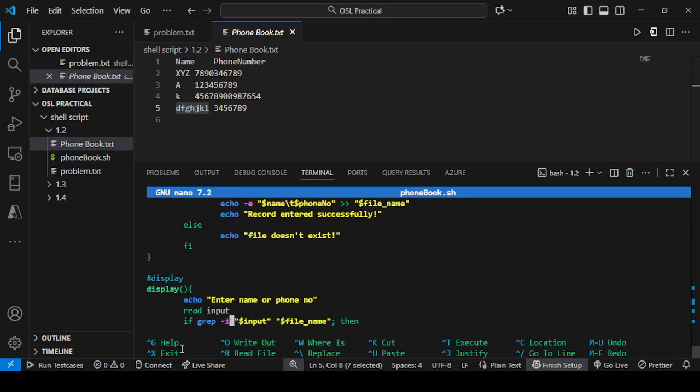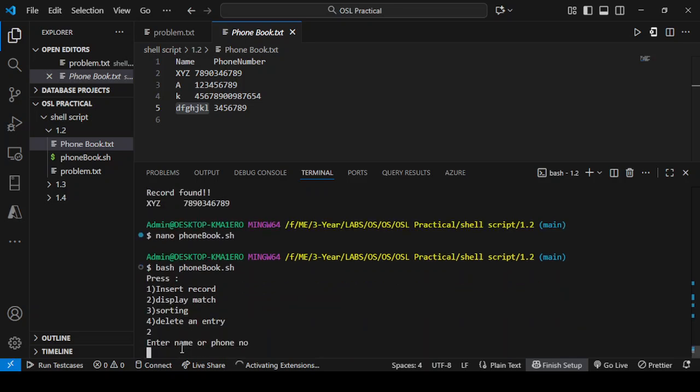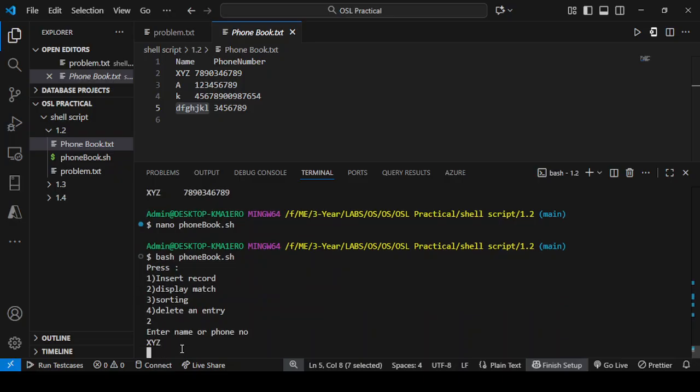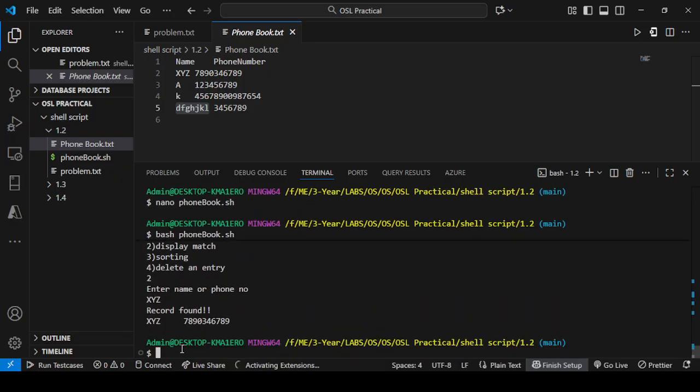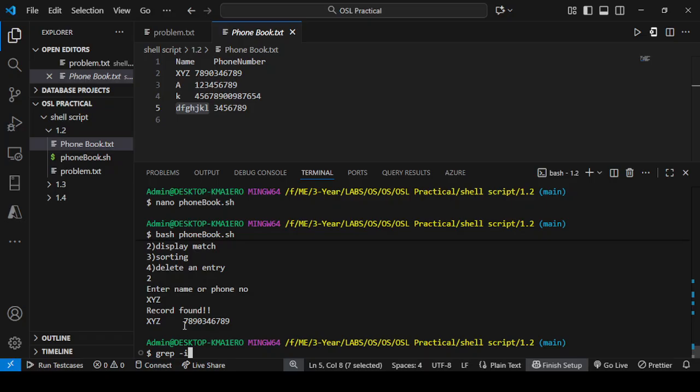Let us try if we can use quietly here, like 2 arguments. Now display XYZ. Now it is just showing once "record found" and then the record. Okay, so q is for quietly. Let me explain you once. grep -i is for case